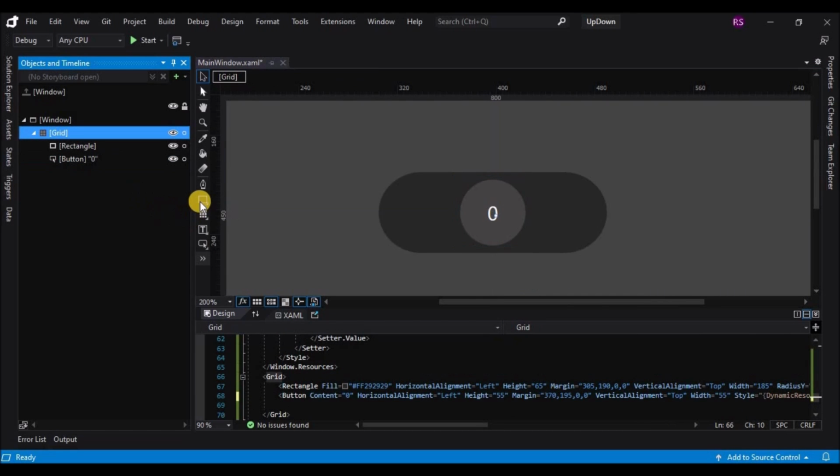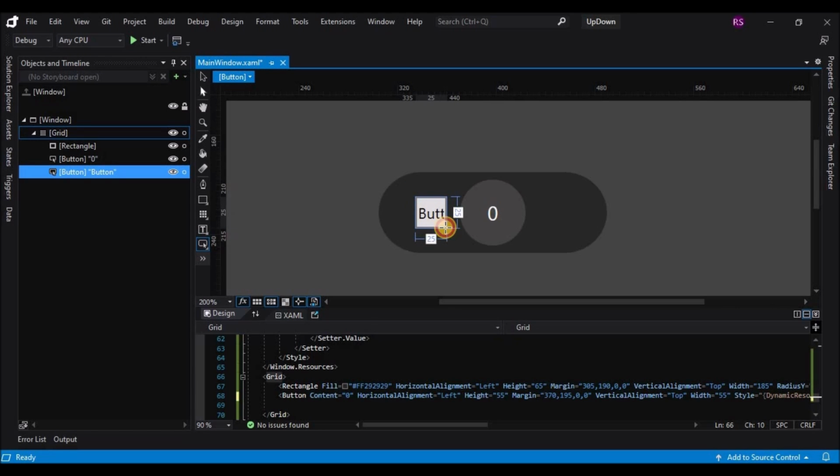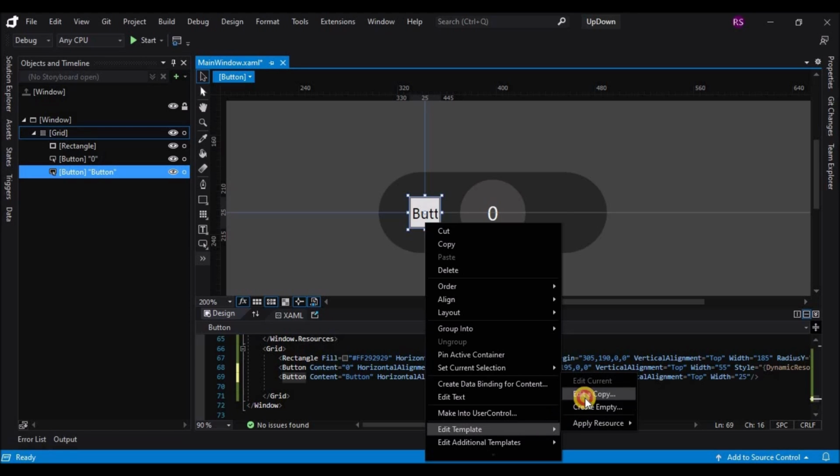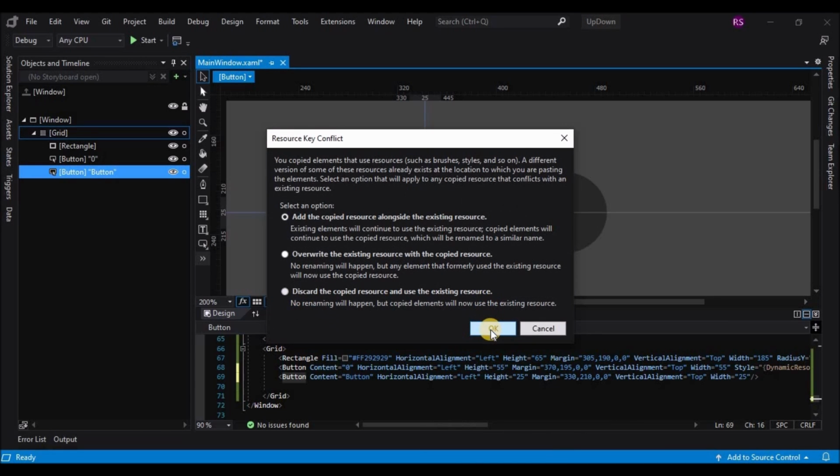Now let's add one more button which will help us in increasing or decreasing the value that is on the center button. So we'll do the same thing here. Let's right click on the button, go to edit template and edit a copy, and just click on OK here.